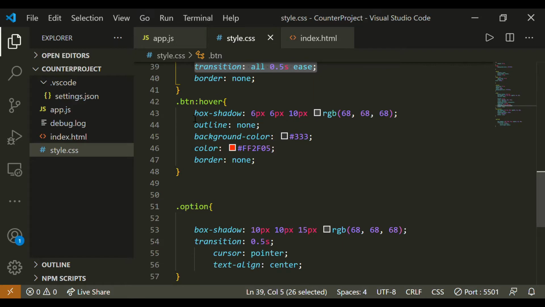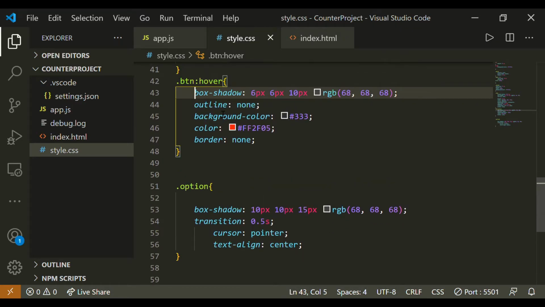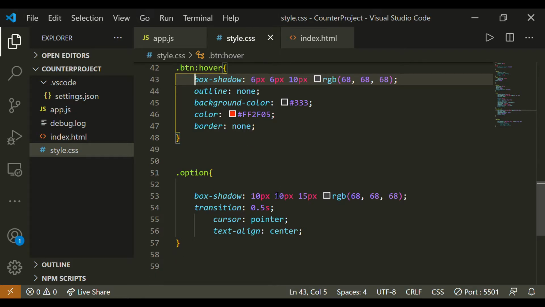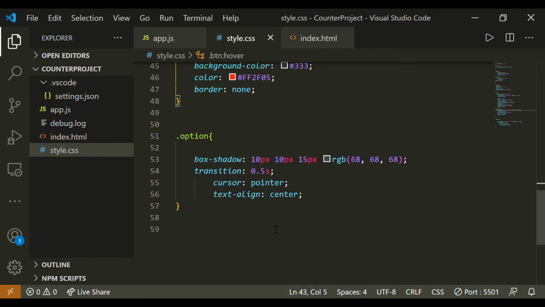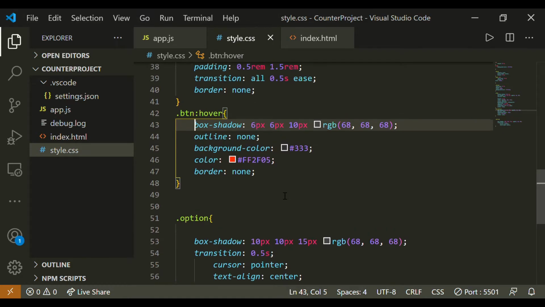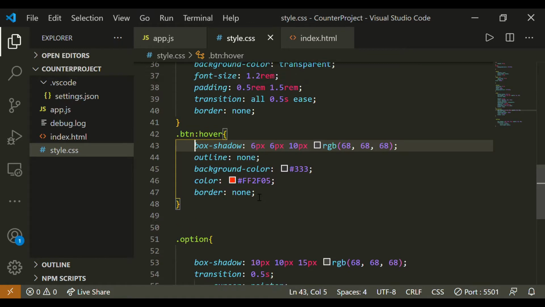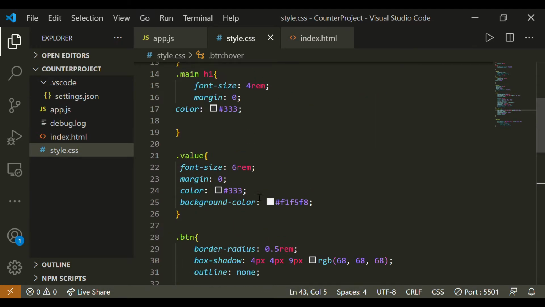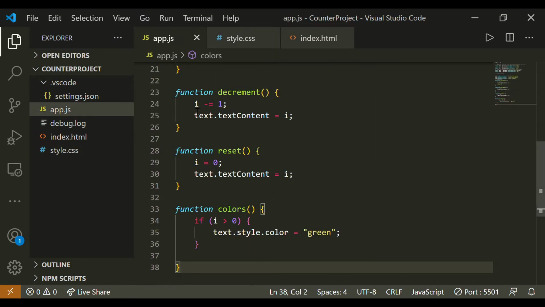And to create a card type box shadow, we can use box shadow styling, and we have used this styling in buttons also, and in our card also. So let's see our JavaScript code now.